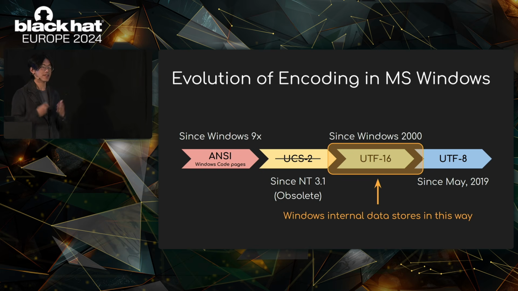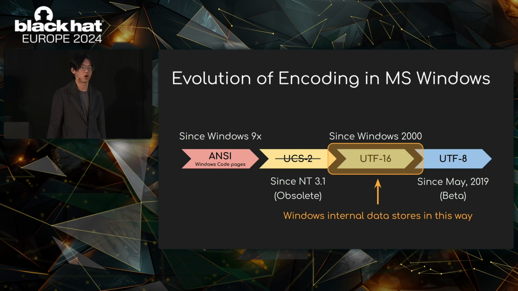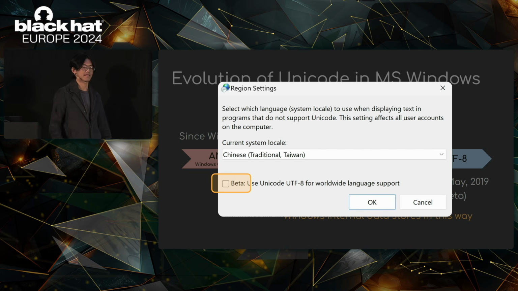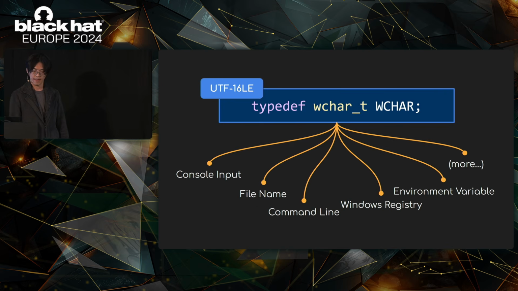Now we also have UTF-8, but it's still in the beta phase. In most languages, the checkbox is not checked yet. In English, in Chinese, in most European languages, you cannot use the UTF-8 feature by default. But anyway, now we know all of this information is stored in Unicode, which is actually a wide character format. The console input, file name, command line, Windows registry, and environment variable are all stored in this wide